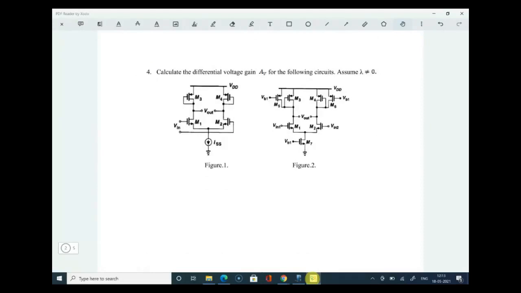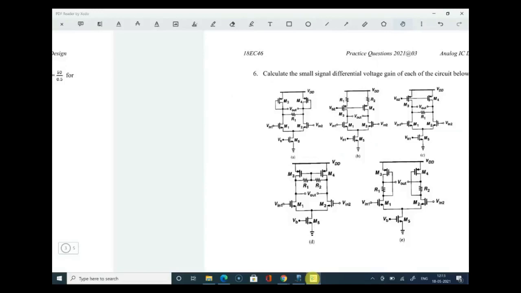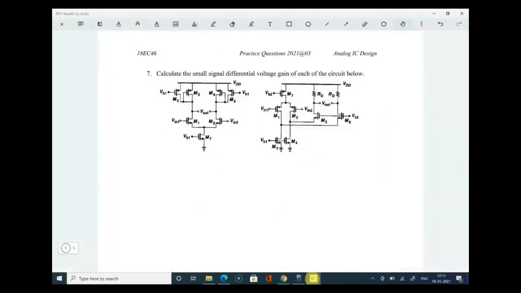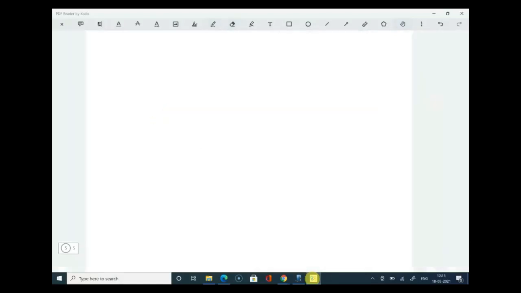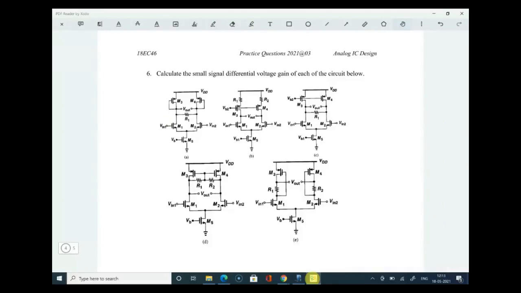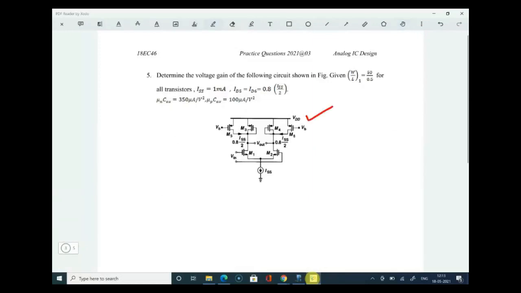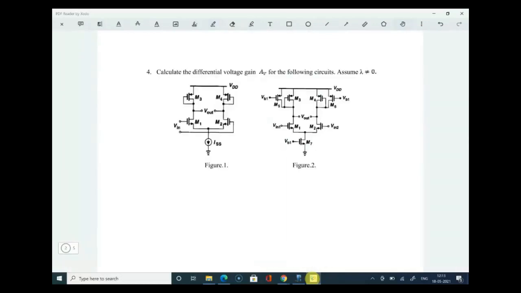Now, if you look at the rest of the questions, question number 4, 5, 6 and 7. Okay, I'll come from the last now. This question we solved yesterday. So these questions need to be solved. I'll put a tick mark. So 7A needs to be solved. I think this A part we have solved. B we solved. I think this needs to be solved. These 3 need to be solved. Again, this one we should try. And here, okay. So let us look at this question. Question number 4, figure 1 and figure 2.